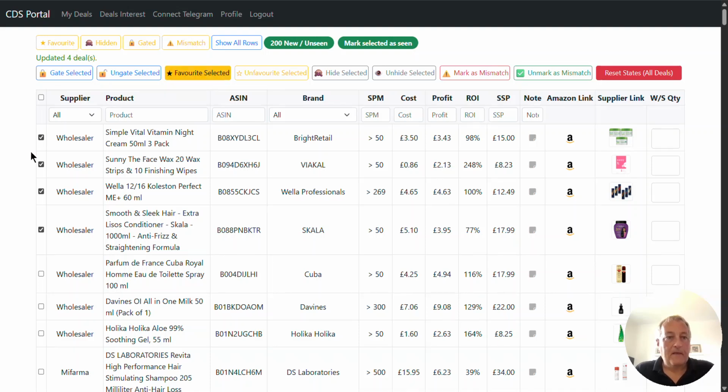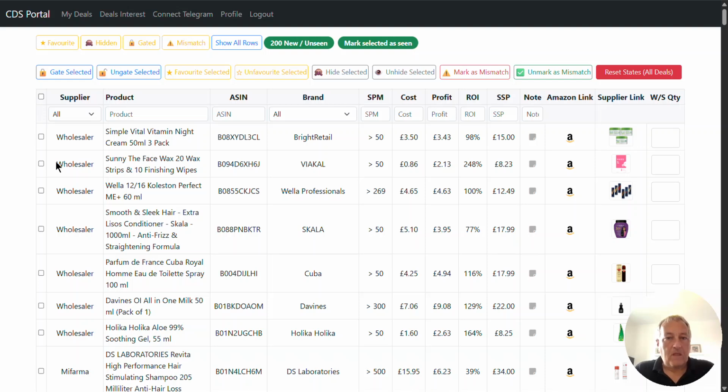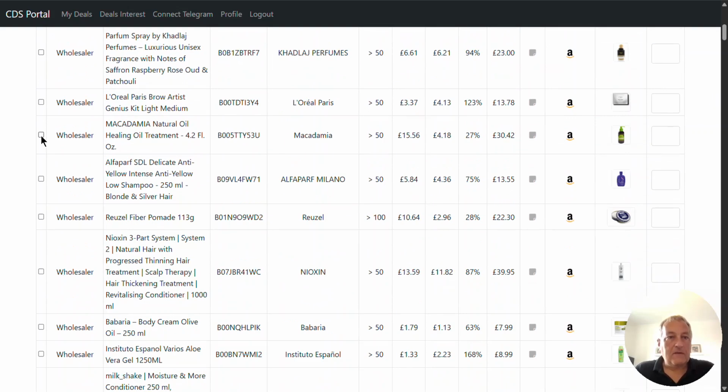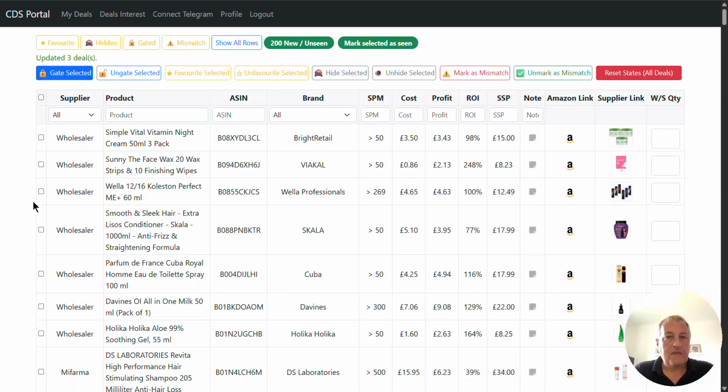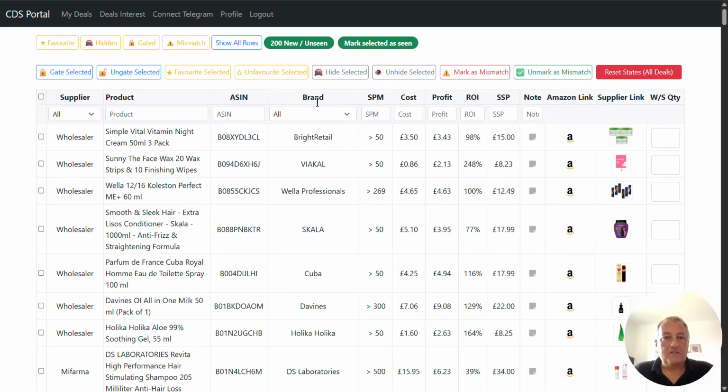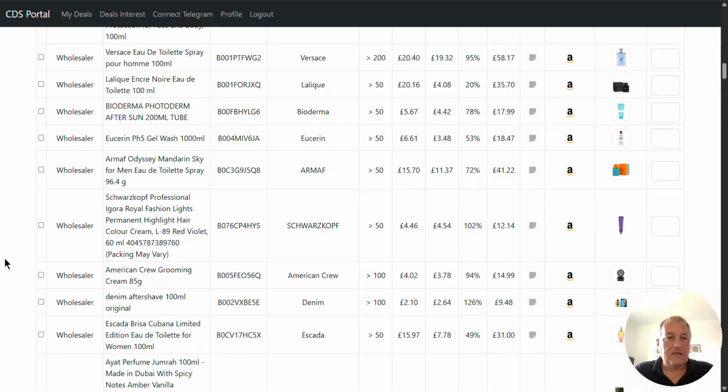Brilliant. Okay, right then, but now I'm going to go down and I'm going to mark these. Sorry, we're going to keep this static in the next version. I'm gated on these, so I'm going to select gate. Okay, I'm not interested in some of them, so I'm going to hide them. Let's jump down here. Let's hide this one, this one, this one,